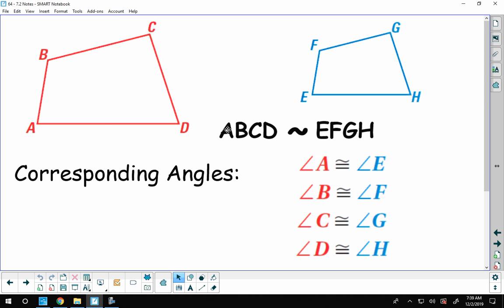So here, angle A is congruent to angle E, angle B is congruent to angle F, angle C is congruent to angle G, and angle D is congruent to angle H. So these corresponding angles are congruent. Remember, corresponding in our similarity statement, they're still going to match up. So A matches up with E, which means that A is congruent to E. And you can also see that in the picture. So all corresponding angles are congruent,